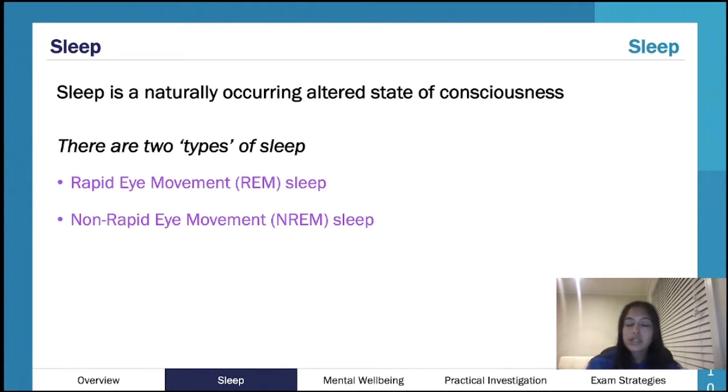And again, this is what I was talking about when we're thinking about EOG. We can distinguish if someone is in REM sleep or in NREM sleep based on what the EOG is showing. In REM sleep, that EOG is going to be going like crazy. The waves are going to be really fast and frequent. In your NREM sleep, the eyes aren't really moving, or they're moving a little bit more slowly. So that graph is just going to have smaller waves that are less frequent. It's going to show that the muscles that control the eyes aren't moving as much as they are in REM sleep.